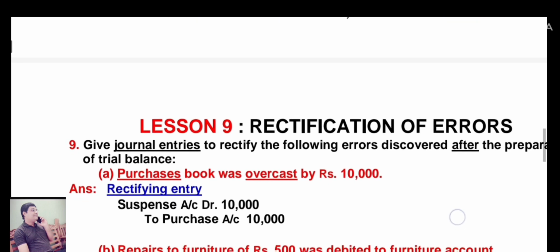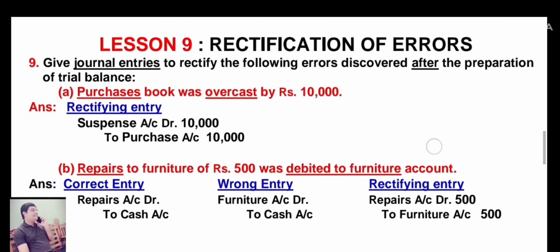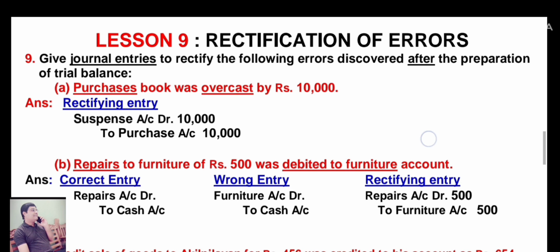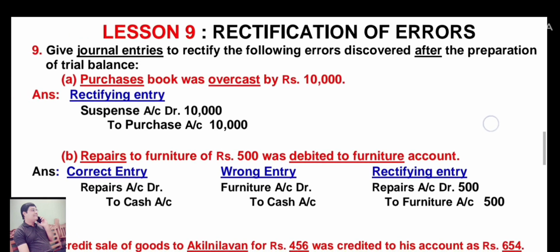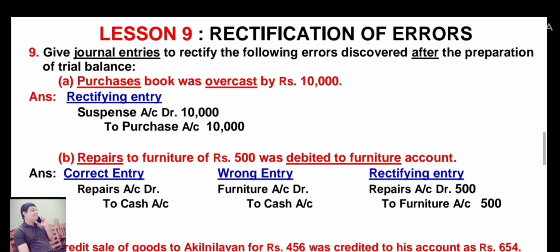Next one, question number 9. Give journal entries to rectify the following errors discovered after the preparation of the trial balance. Whenever it is given after the preparation of trial balance, we have to write only rectifying entries. So when we write the rectifying entries, we have to use the suspense account. Now see in this sum,